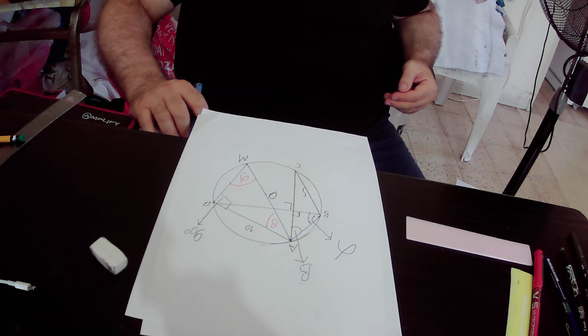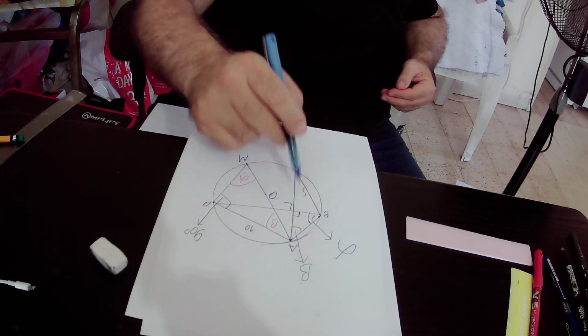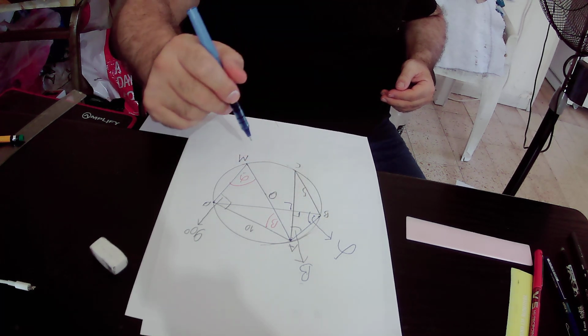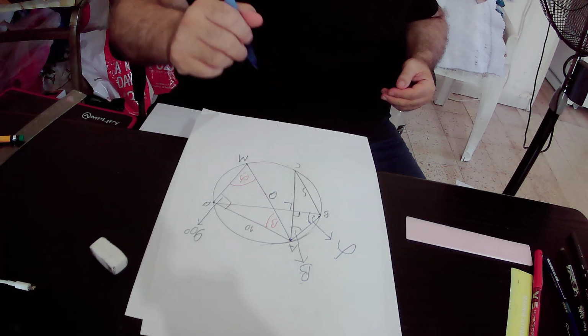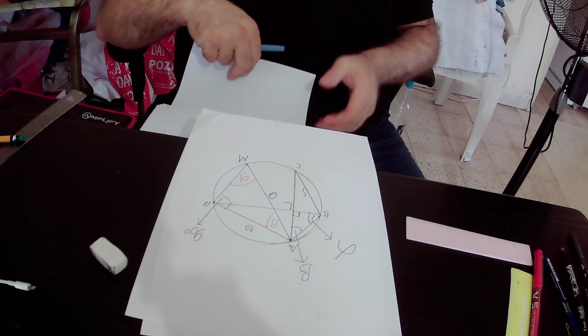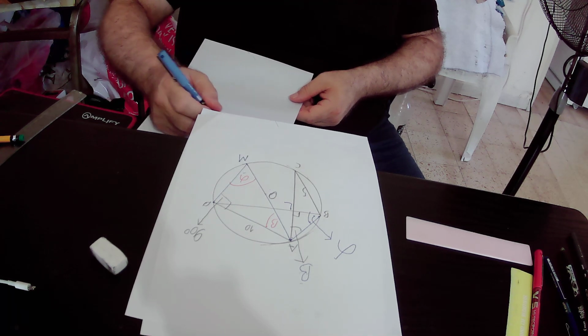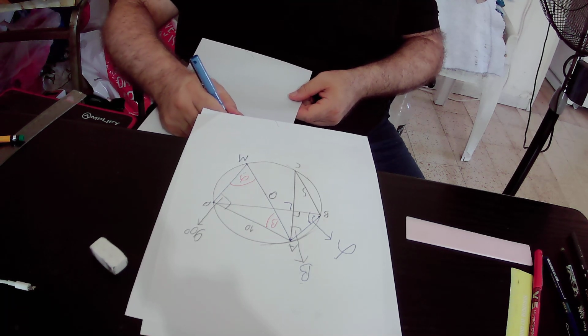Actually we have angle BAL or BAC that equals beta, and angle MAD also equals beta. And we have rule number 3, that states